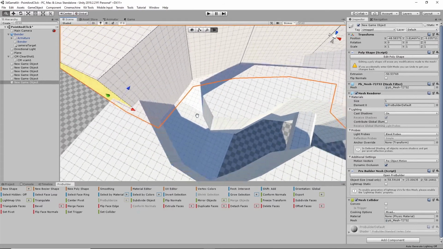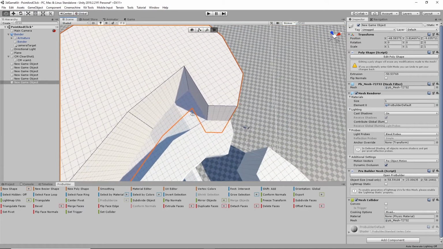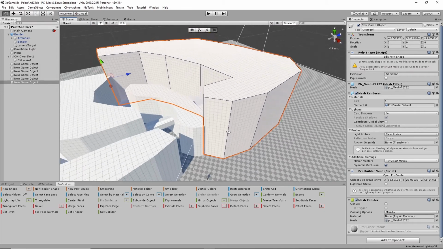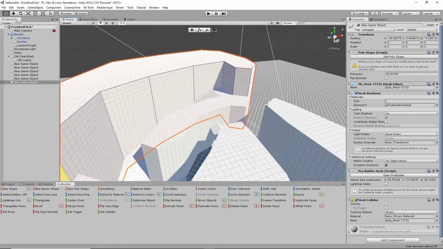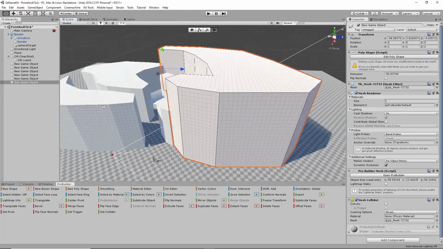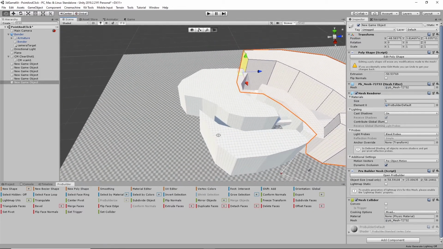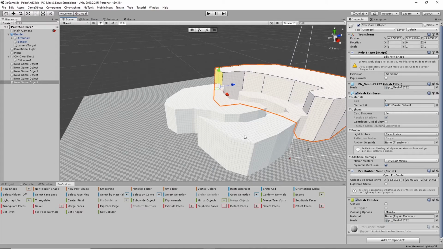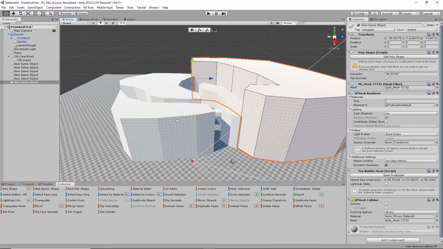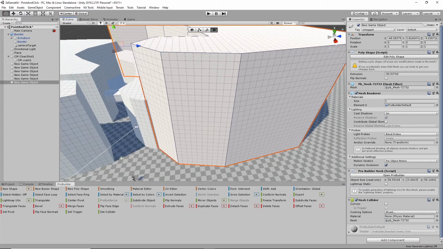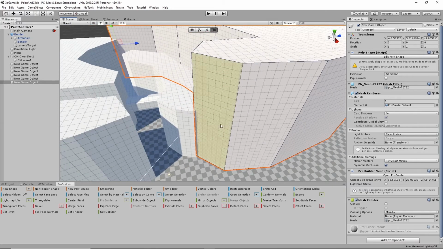All right, I think that'll work for now. Yeah, good enough. Okay, so the camera that we have, the single camera, oh,